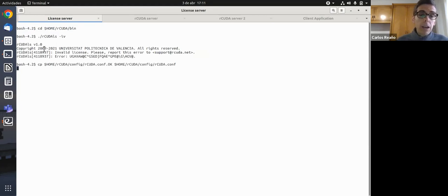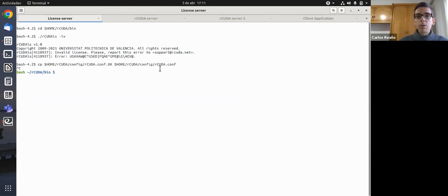What you need to do is just run it. When you run it in the beginning, you don't have the correct license, so you just need to copy this error and submit it to this email address, and you will receive a proper license key. After that, you just need to copy this license key into the proper configuration folder, and with that you will have the license server up and running.